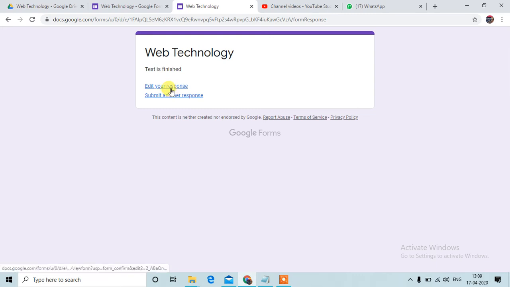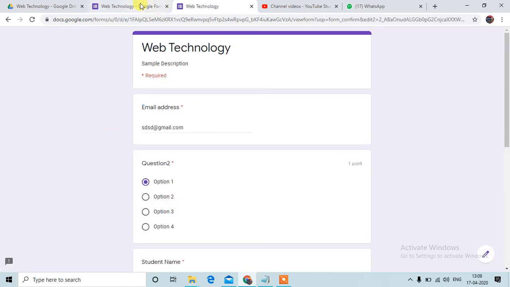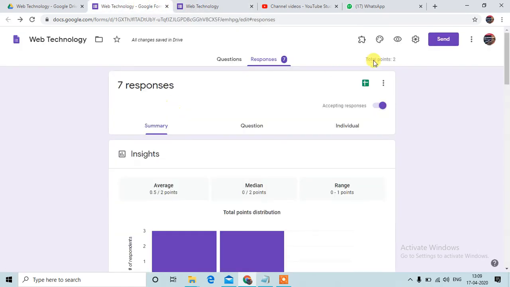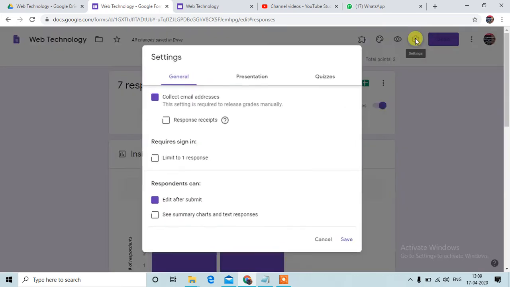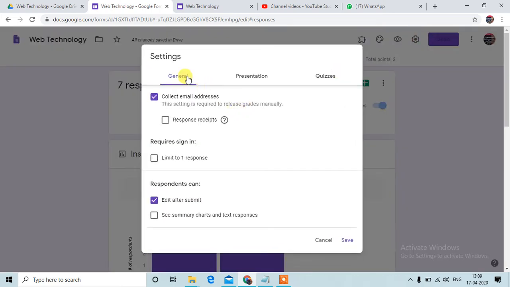So after submitting the test, if the students want to edit their choices, then they can easily edit. This option is under settings and the general tab, edit after submit, then see the summary charts and responses.